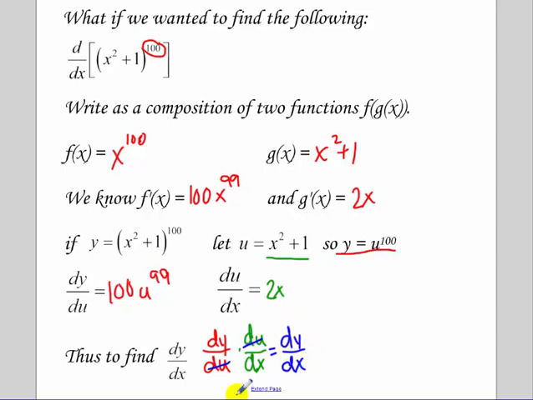So notice what happens when we do that. dy/du is 100 u to the 99th. du/dx is 2x. But what was u? u was x squared plus 1. So now if I substitute in, we have